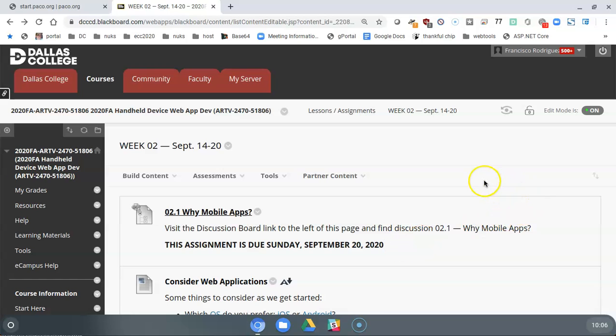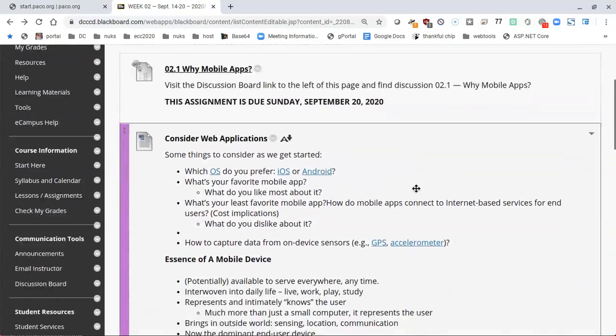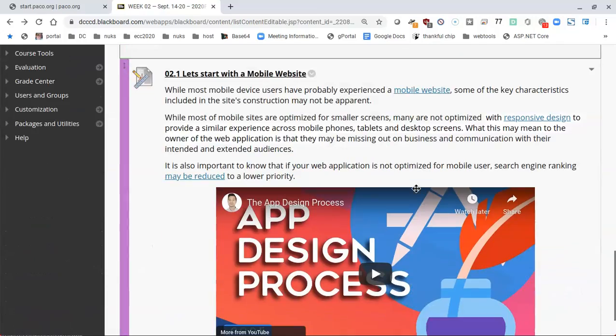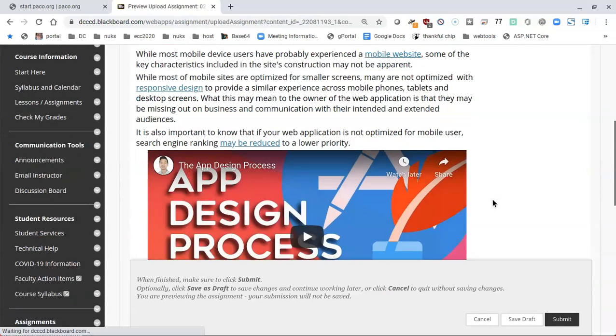So if you're using a Chromebook and taking this course, and one of the assignments suddenly says to turn in a paper using a text editor, and you don't have access to Microsoft Word, or you don't feel comfortable using Google Docs, or it may be confusing to get it into the assignment itself, an easy way to turn in an assignment that requires writing is to, once you're inside the assignment, you get the instructions, you read it, you're